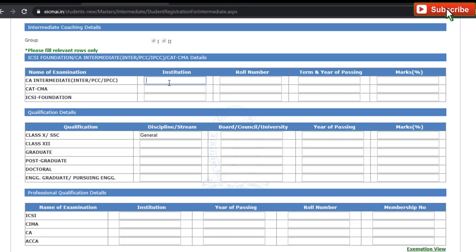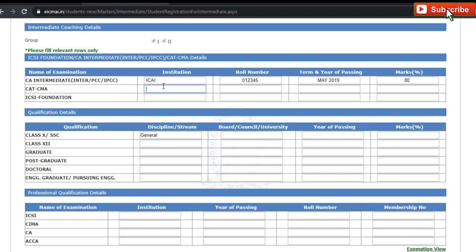If you have passed CA Intermediate, you have to write here ICAI or Institute of Chartered Accountants of India, your roll number, and the term of passing, when you passed, for example May 2019, and your marks percentage.